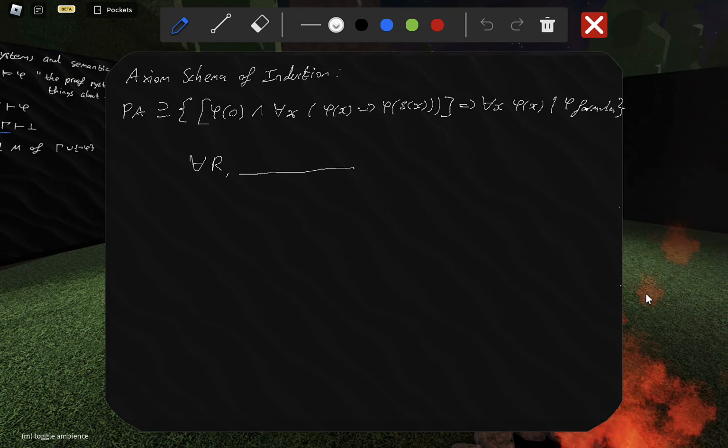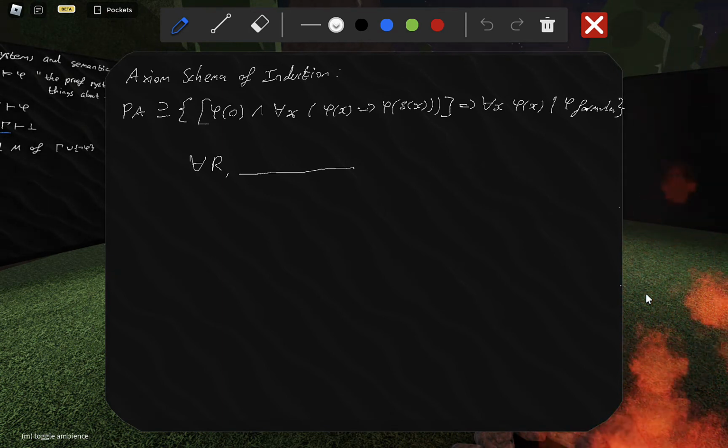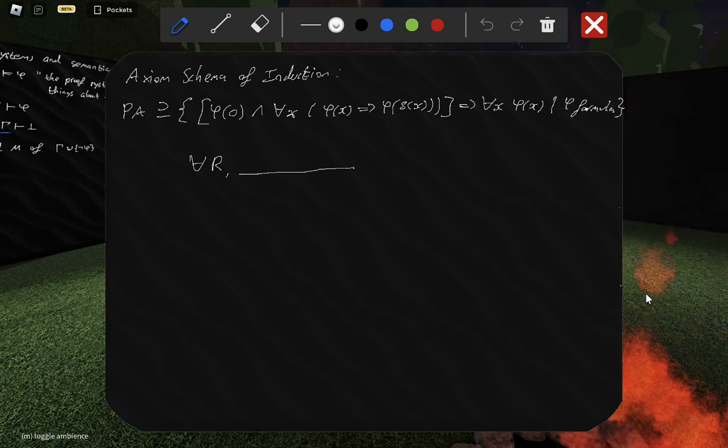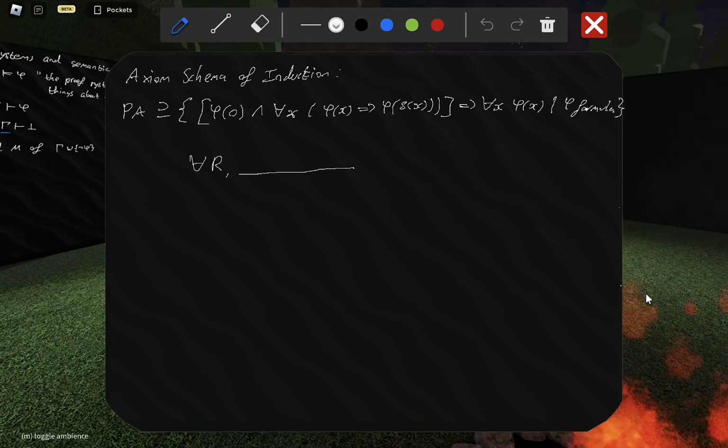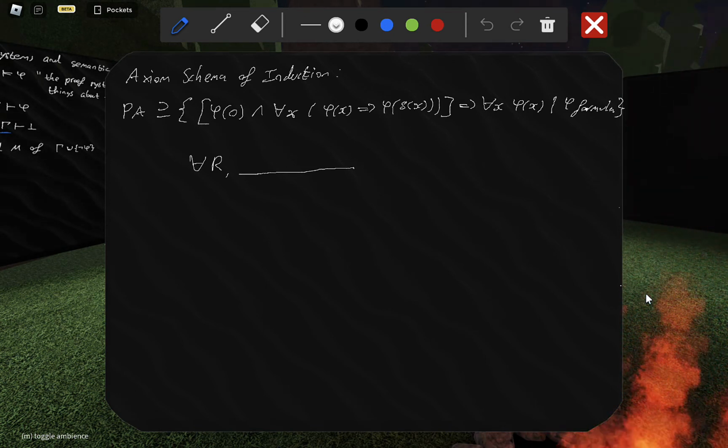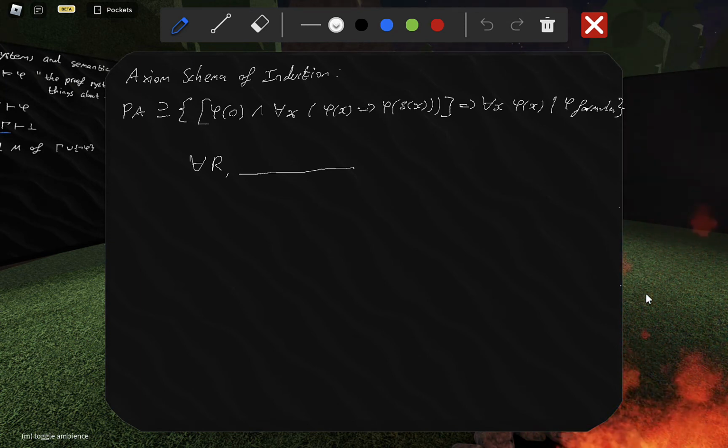But clearly, the issue is that there's no deduction rule that allows you to do this. This is because you can always take the relation that says you're equal to 0, and then another one says you're equal to 0 or you're equal to 1, and another one says you're equal to 0 or 1 or 2, and by quantifying over all relations, you could somehow cook up a secret way of having an infinite disjunction of that form. Is that the trick?